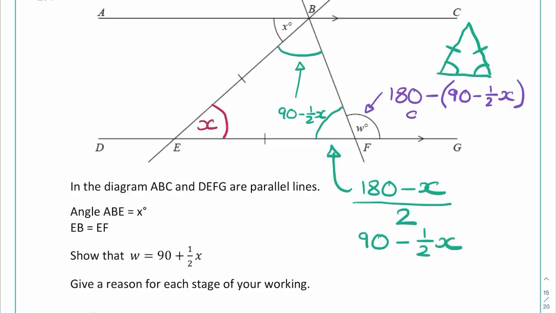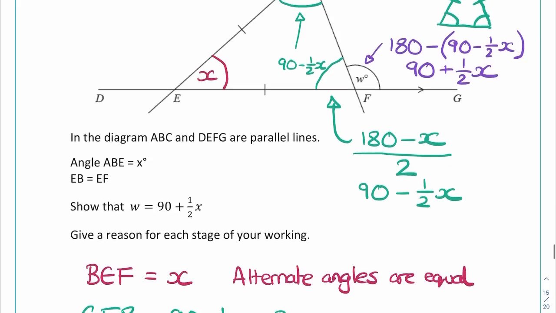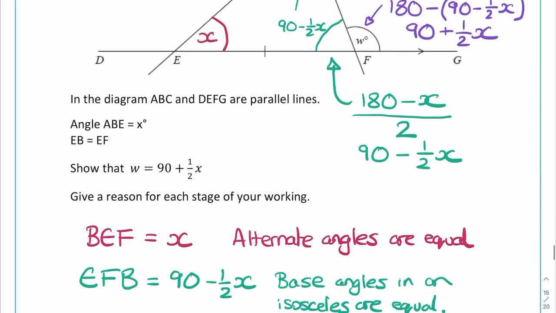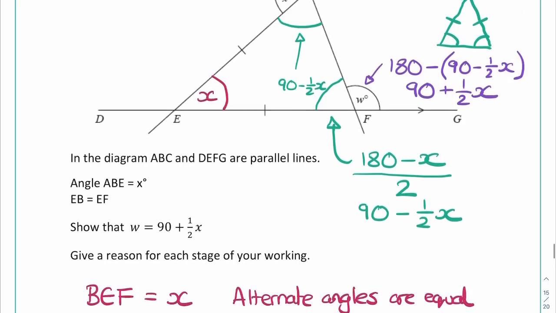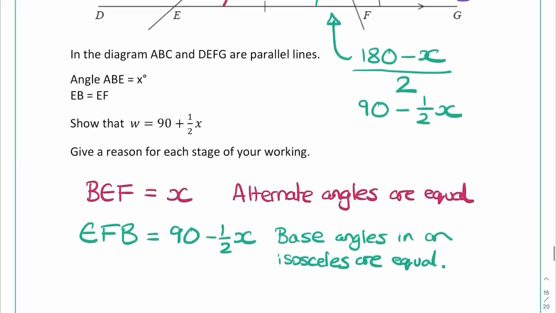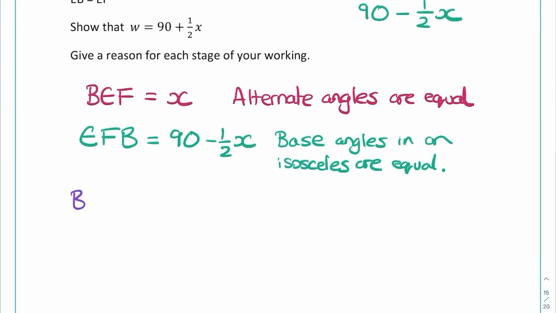180 take away 90, that's easy enough, that's 90. But then take away as well negative a half x. When you take away a negative, it becomes a positive. So it becomes 90 plus half x. And that's good because that is what we're looking for in the question, so that's okay. But let's write this down then. So that angle was BFG. There we go, so BFG is equal to 90 plus a half x, and the reason for that was angles on a straight line